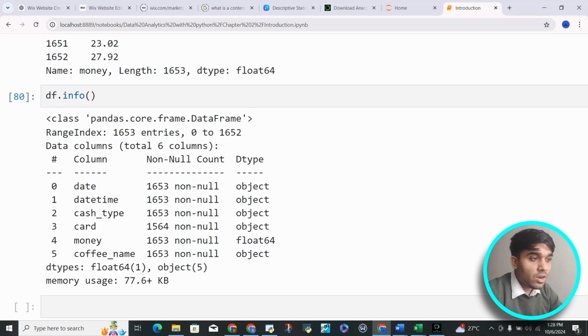The non-null count is basically 1464, and that is because for some transactions we don't have a card number, right? This stands for card number. If the transaction is done by cash, we will not have a card number, and we can see that most of the transactions are being done by card here. A very small number, less than 100 to be honest, is through cash. And data type is object. All of these are